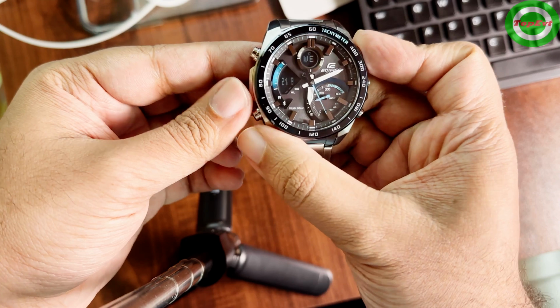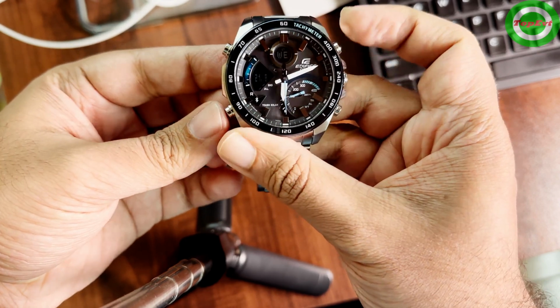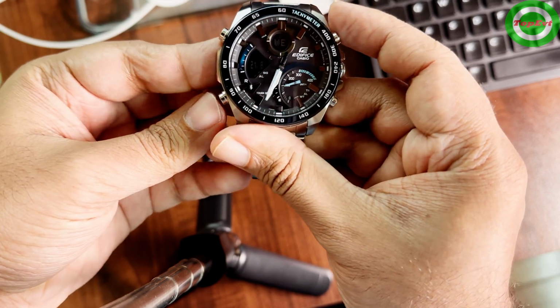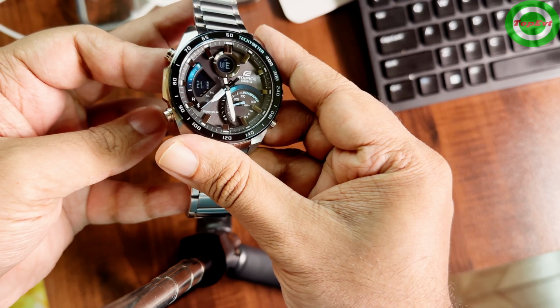So what is the review of this watch? I'll give you a quick review. This is the Casio EX500, and it can make a very good daily beater watch. This is what I'm using on my daily basis. It has taken a lot of abuse. I've been using it for a lot of months right now, and as you can see, there are no scratches